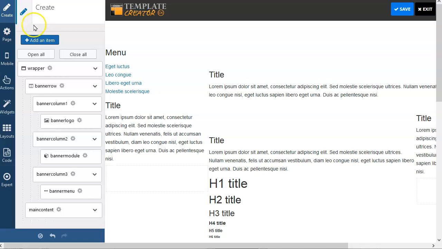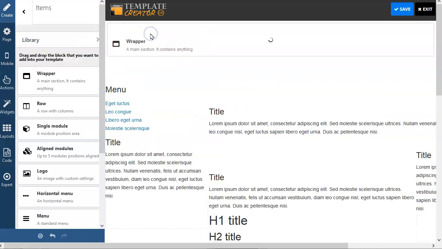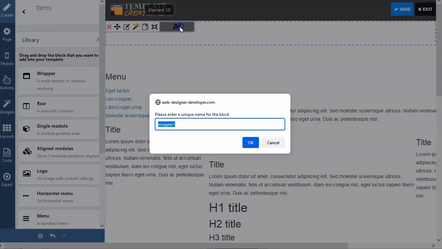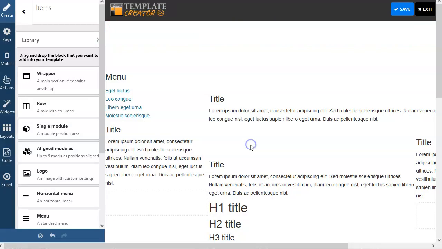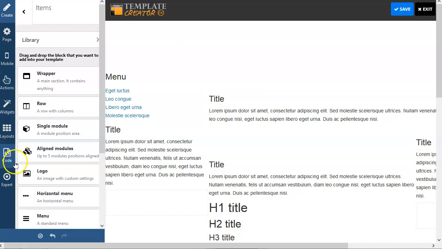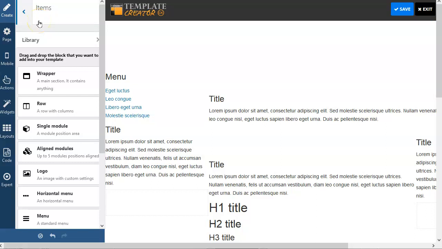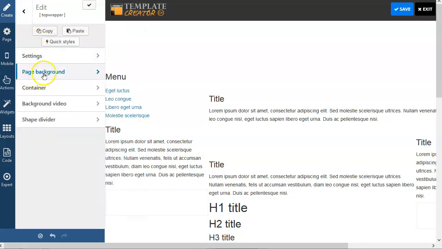So I'm going to add an item, and the wrapper's right here at the top. And I almost always name things consistently so that I can easily find them. And I usually name this one top wrapper. You could import and export your templates, so if you're consistent, that shouldn't be a problem. Now, since I like to have some full width data, I'm going to go into this. And it's a little bit